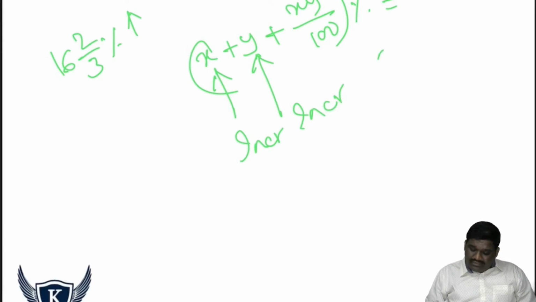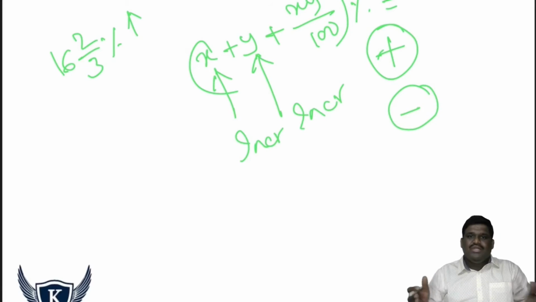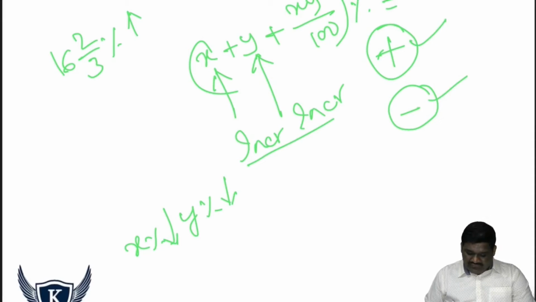So if the value is increased, we have to consider the positive symbol, that is plus. If the value decreases, you need to consider the symbol minus. If you went to a clothes showroom, the shopkeeper may offer two discounts of x% and y%. He gave you two successive discounts. What will be the formula now? I've already told you, if increment use plus, if decrement use minus. So in place of plus x, I'm using minus x.